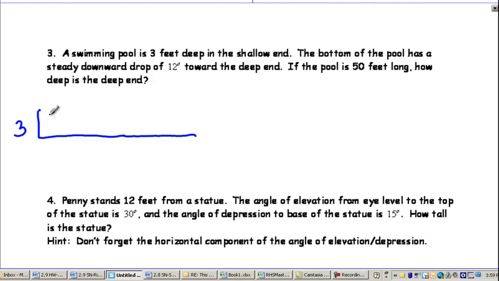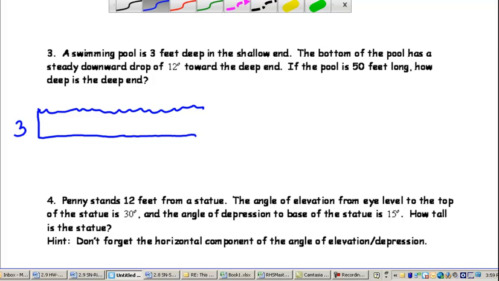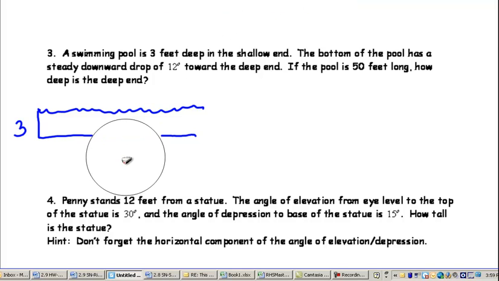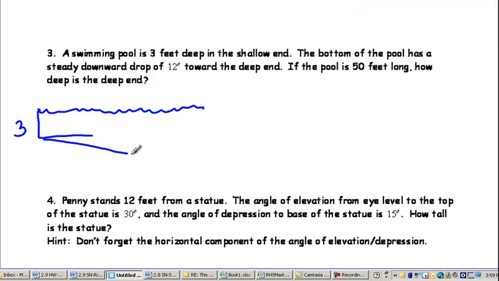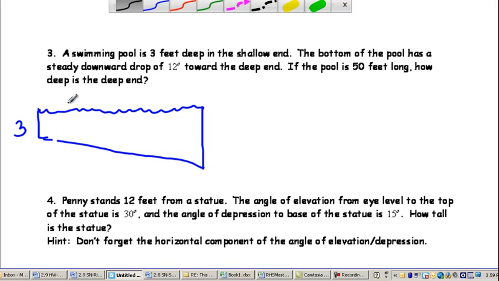We know that, so imagine this is the top of the pool. And I actually want to do something. Let me erase something real quick. I think this will help. Okay, so then we know that it goes like that. I didn't draw it 100% correctly, but you get the idea. Let me erase this little bit quickly. Okay,